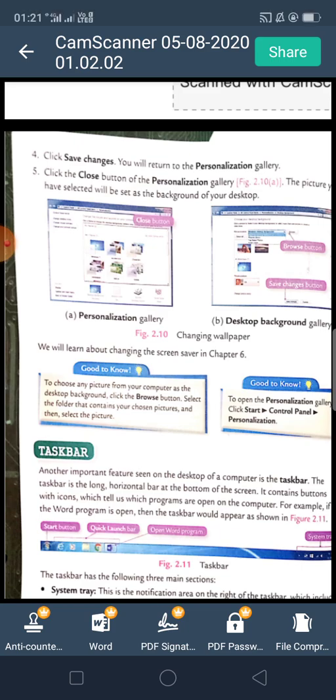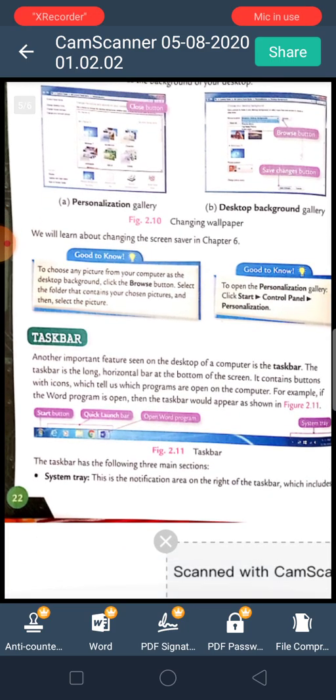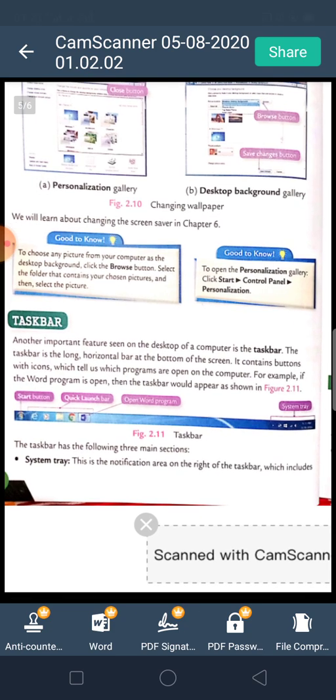Next is the taskbar. Another important feature seen on the desktop of the computer is the taskbar. The taskbar is a long horizontal bar at the bottom of the screen. It contains buttons with icons.